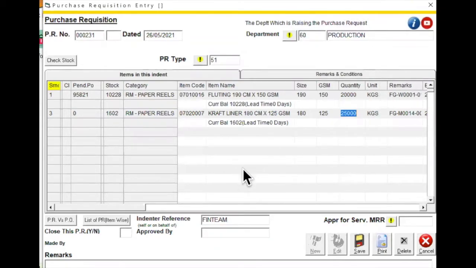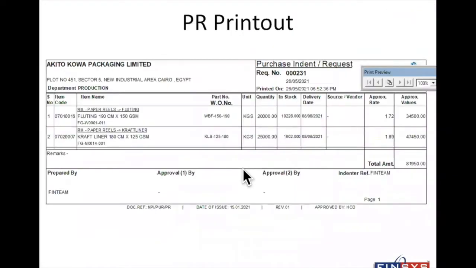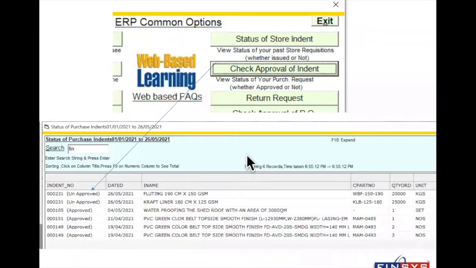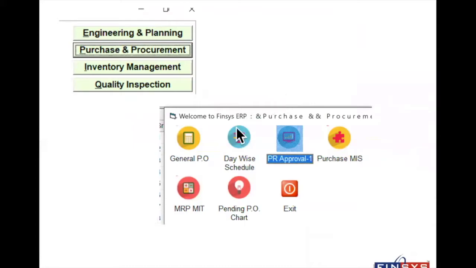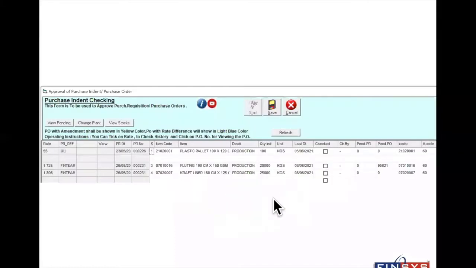So friends, this was a purchase requisition. Purchase requisition is made and saved. Purchase requisition is ready. Go for the approval. As usual, the purchase requisition approval will happen. In some companies, we have single level of approval. Some companies have two levels of approval, and some companies have no approval system. So it's wrong. I strongly feel that there has to be an approval system. So go for approval system.